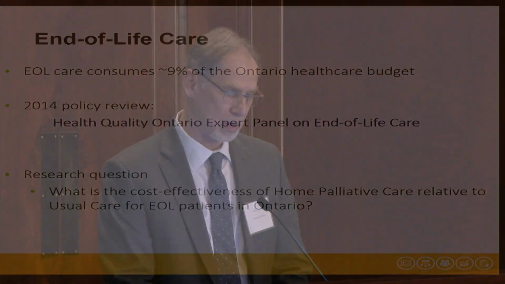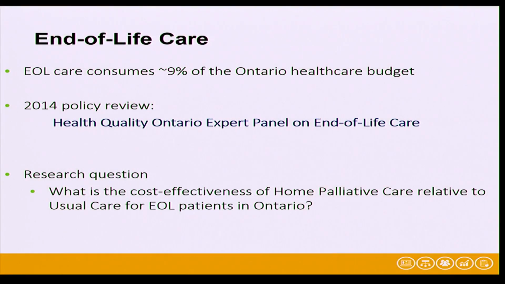I'm going to be presenting today an example, one of the two examples that exist in the book, and this work was done by Ba Pham, so I can't take a lot of personal credit for it, but I will present the results to you. This analysis came out of a project that was sponsored by Health Quality Ontario. Health Quality Ontario was evaluating various models of end-of-life care. And the reason they were doing that is because it's expensive. It consumes about 9% of the Ontario healthcare budget. And we were wrestling with how best to deliver end-of-life care in Ontario.